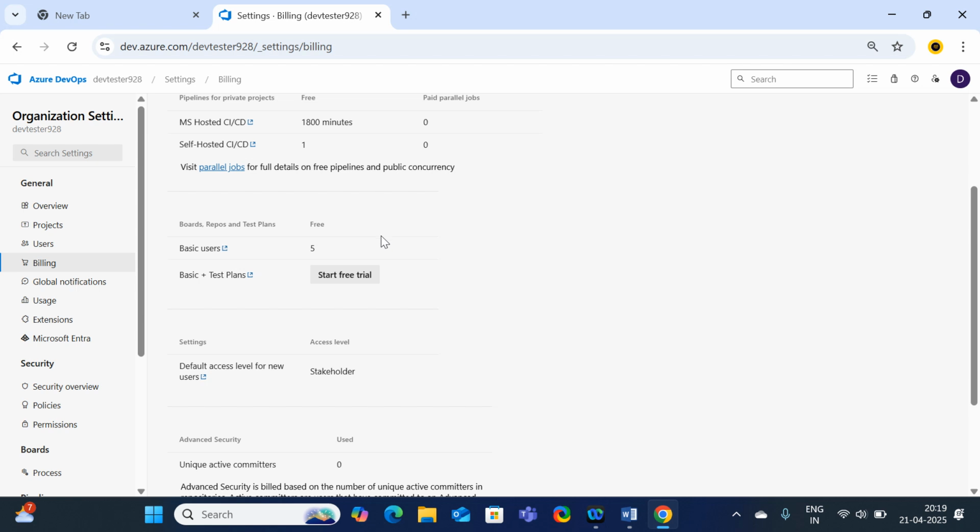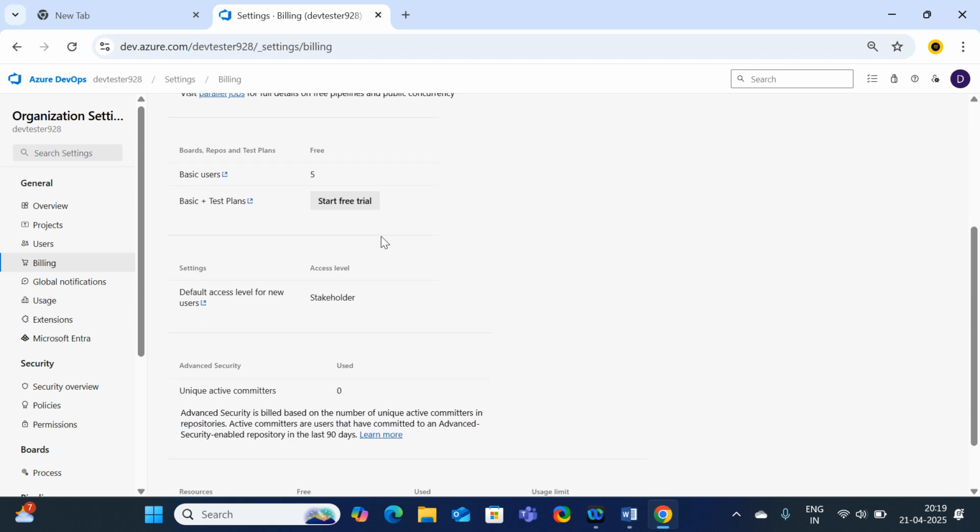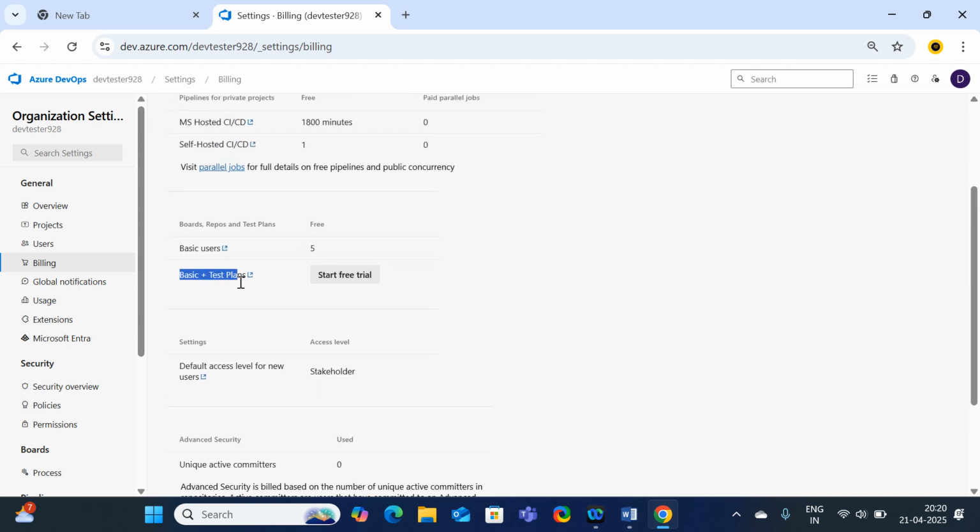But coming to the organization, they are going to adopt paid subscription only. They are going to pay the money to Microsoft. So just come here. If you observe the Basic plus Test Plans option, one pop-up has been highlighted: start free trial